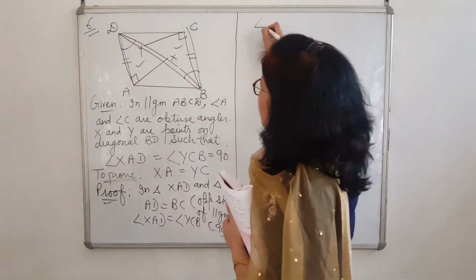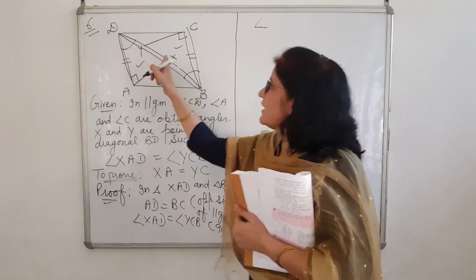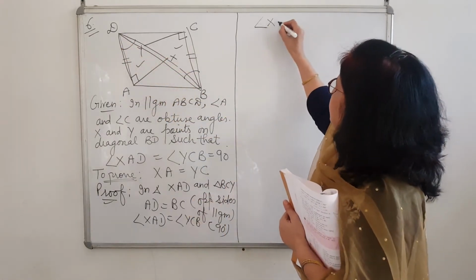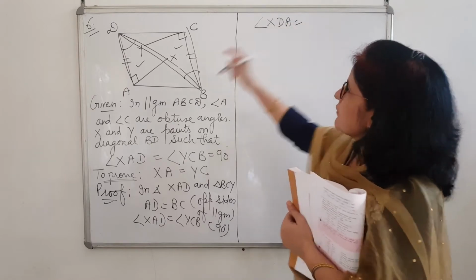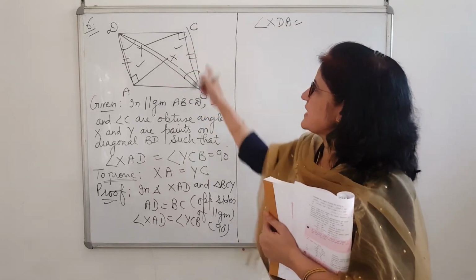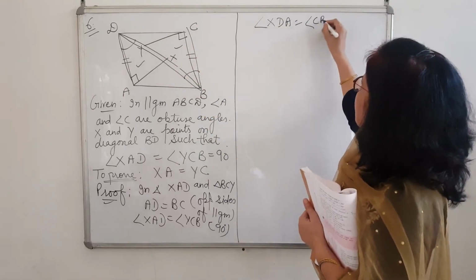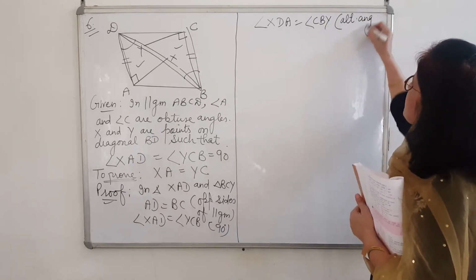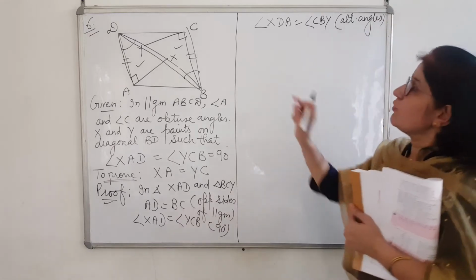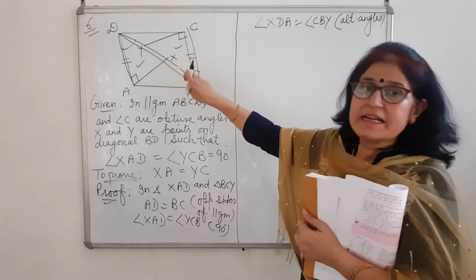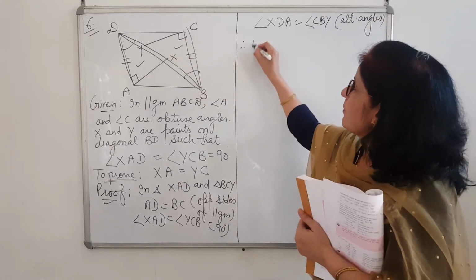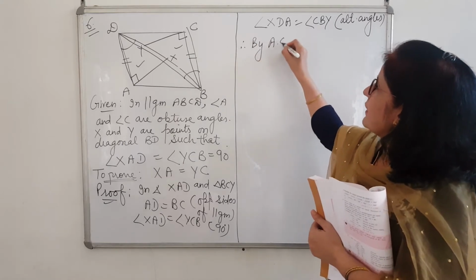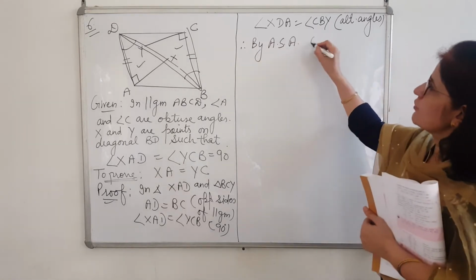So angle XDA is equal to YBC or CBY, reason alternate angles. So which property we will follow? Angle side angle. Therefore by angle side angle condition of congruency,